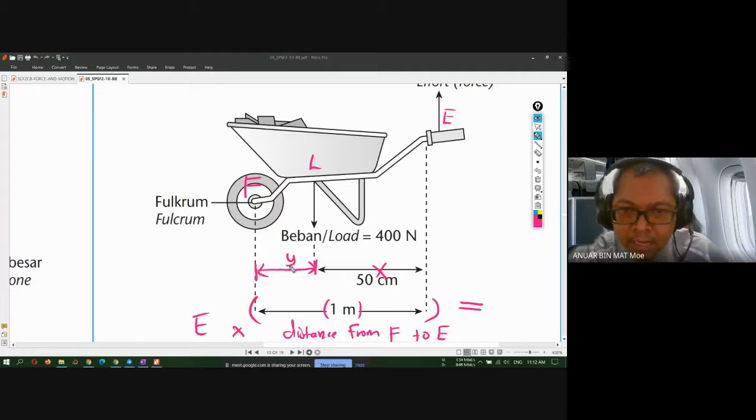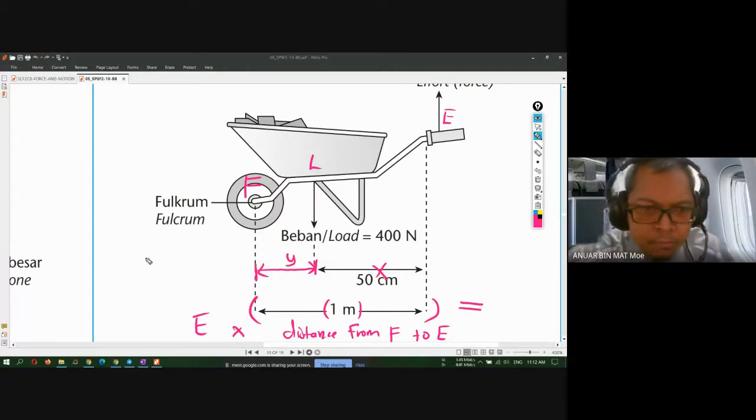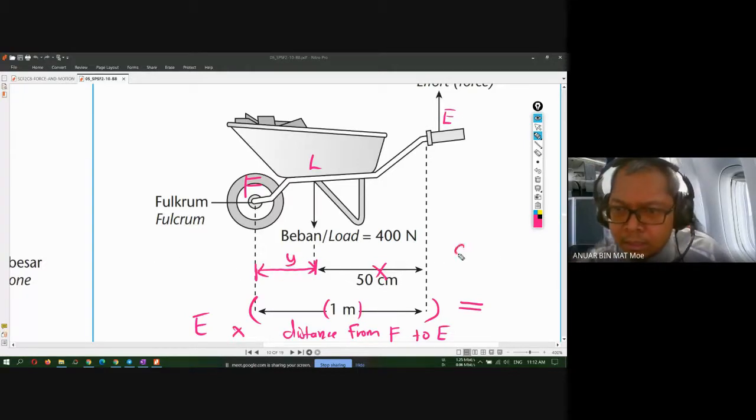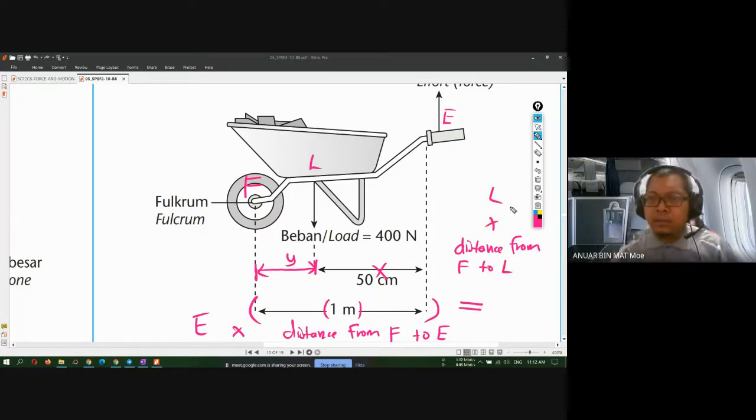Over here. Distance from fulcrum to load times the load. Okay. So what is the distance from fulcrum to load? What is the distance? Fulcrum to load? You just minus 1 meter minus 50 centimeter. So you also got here 50